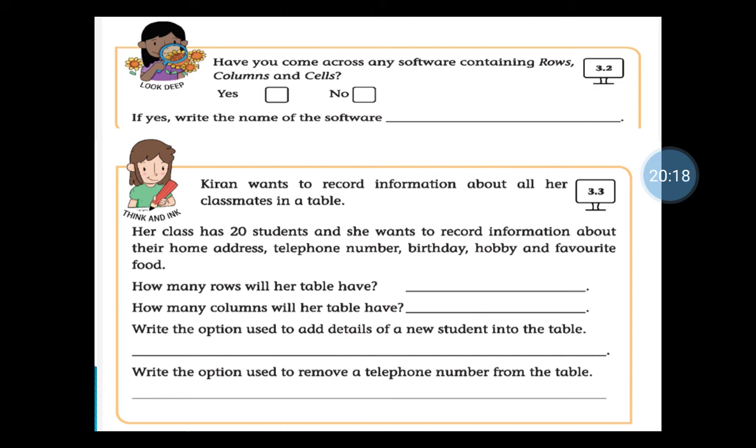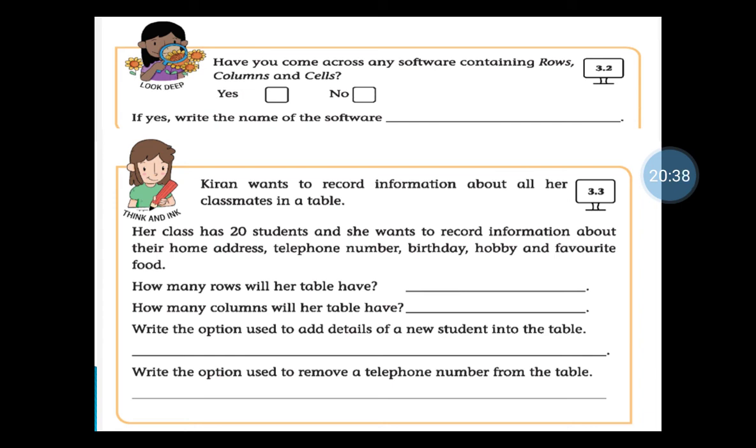Her class has 20 students and she wants to record information about their home address, telephone number, birthday, hobby and favorite food. These are the pieces of information she wants to collect from her classmates.